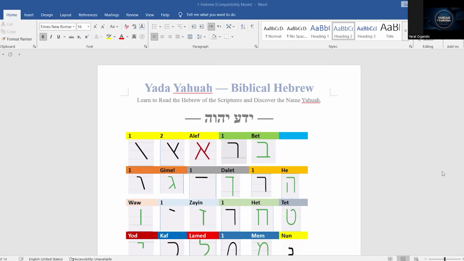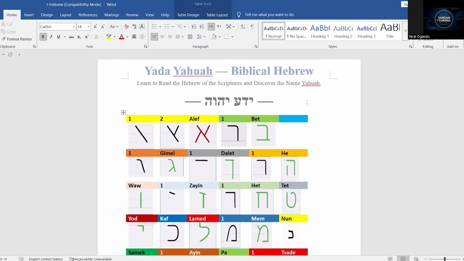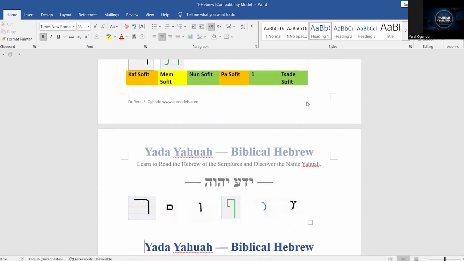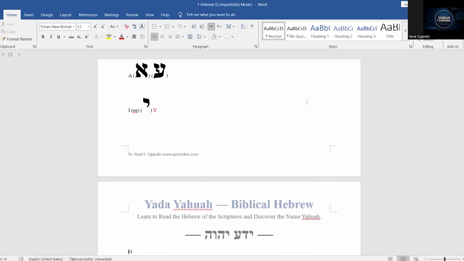We're not using Nikud, which is accent. We're not using Masoretic text. We are going back to the very beginning, the most pure Hebrew closest to the scriptures. So we're going to start today. Don't worry, we have the alphabet over there and we're going to work on it, but we're going to start basically